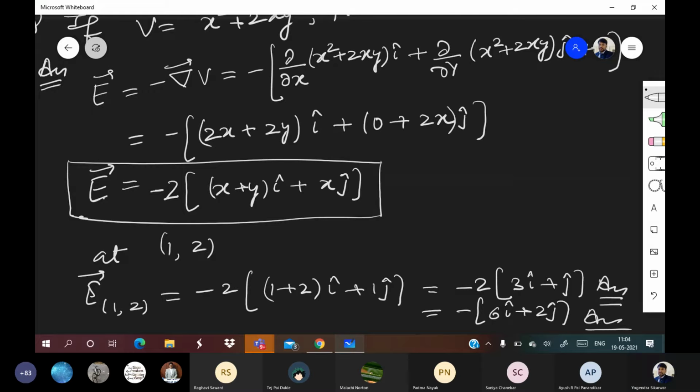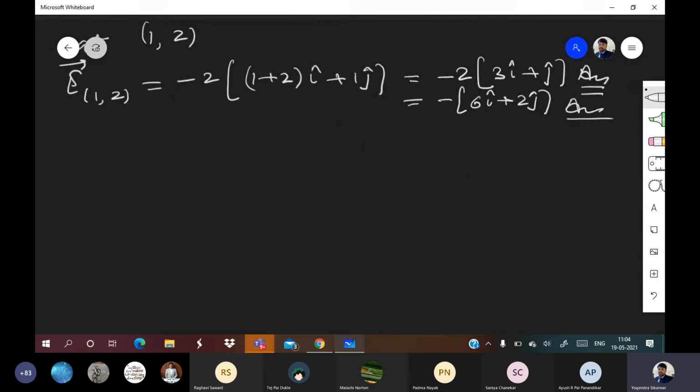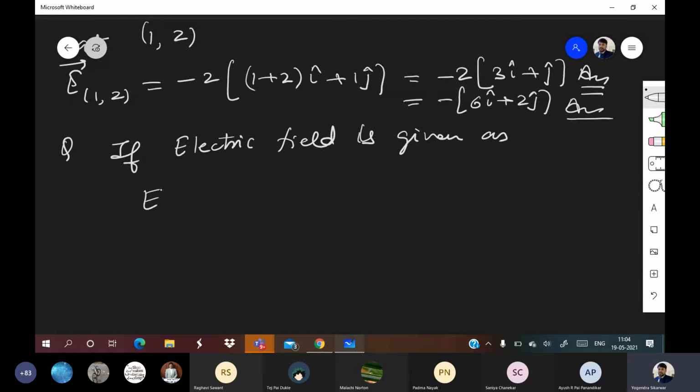Noted, everyone? Next question. If the electric field is given as E vector is equal to 10 i cap plus 5 j cap, find potential at